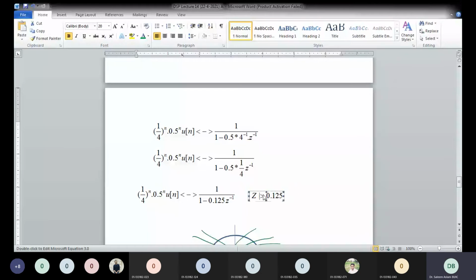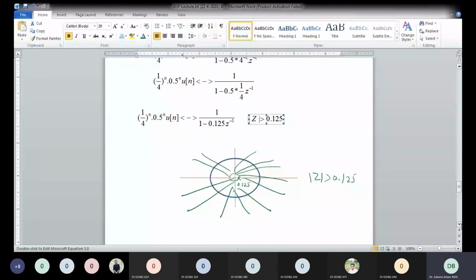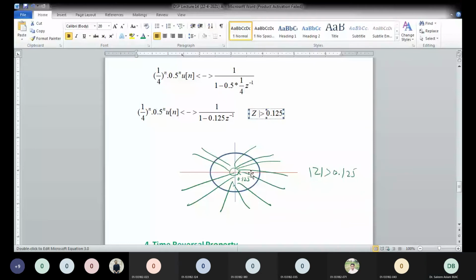1 minus 0.125 Z inverse, Z mod greater than 0.125. अब देखिए आपकी लोकेशन ऑफ पोल कहाँ, पहले क्या था Z mod greater than 0.5. अब आपका 0.5 से पोल शिफ्ट हो गया 0.125. तो इस केस में तो स्टेबिलिटी, पहले भी स्टेबल सिस्टम था, अब भी स्टेबल सिस्टम है, तो कोई चेंज नहीं